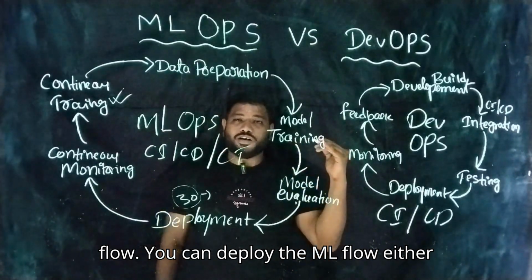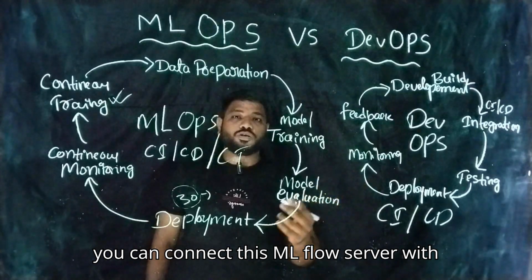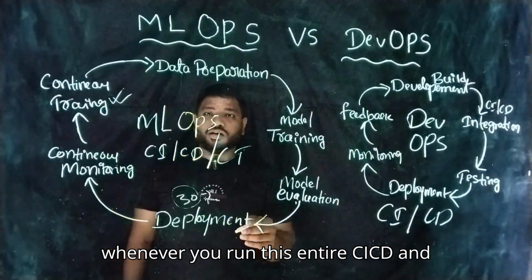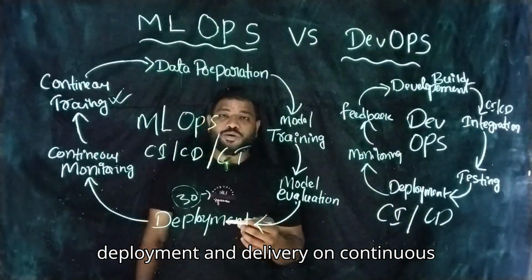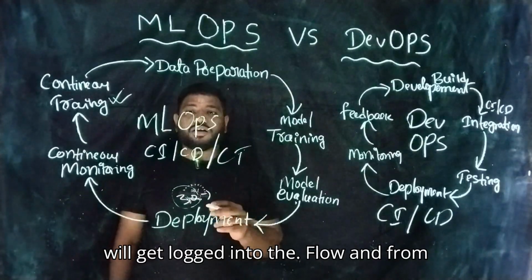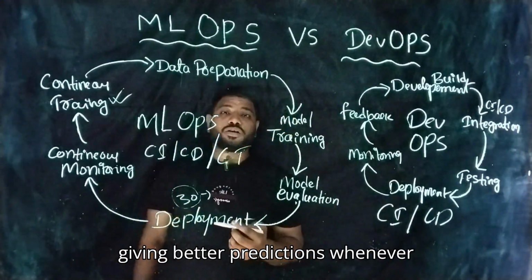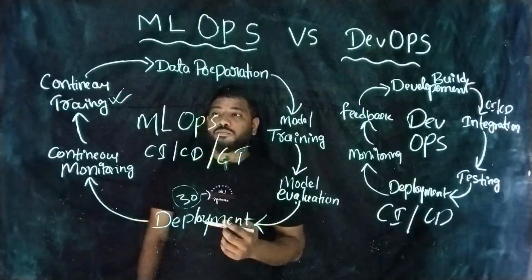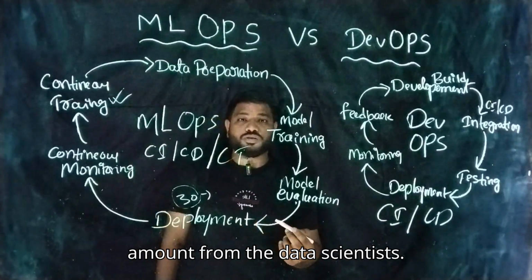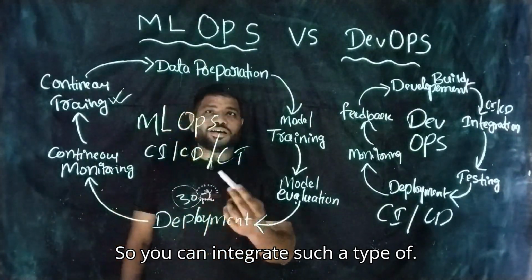You can deploy MLflow either locally or on any target server, and connect this MLflow server with your source code. Whenever you run this entire CI, CD, and CT, continuous integration, continuous deployment and delivery, and continuous training, all the metrics get logged into MLflow. From there you can see how your model gives better predictions each time an experiment is run by the data scientist. So you can integrate such a type of